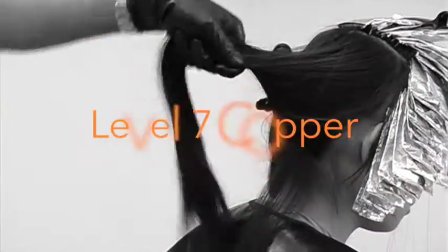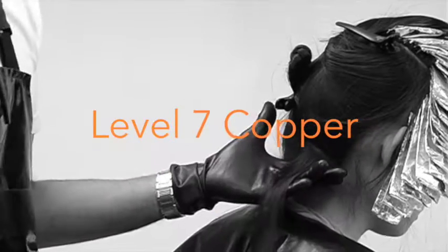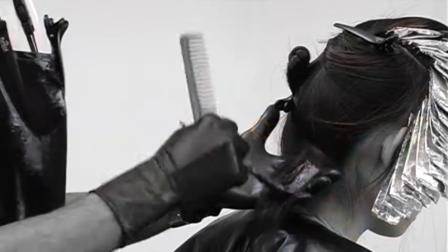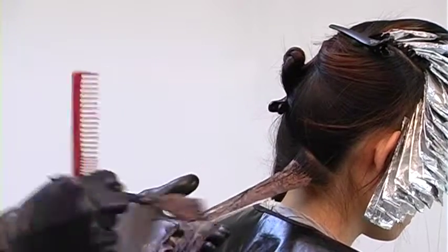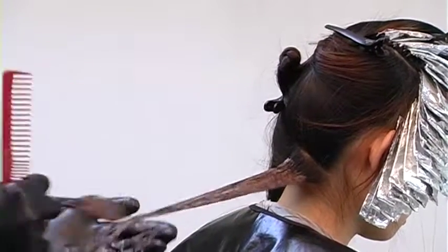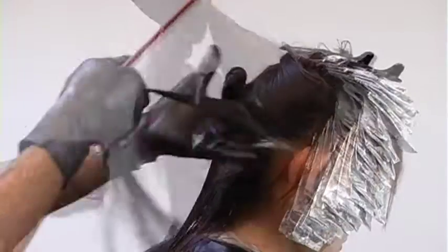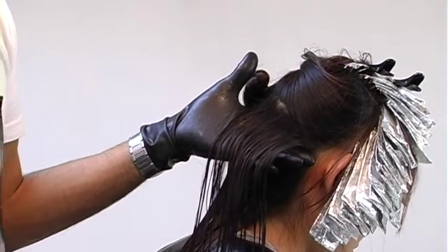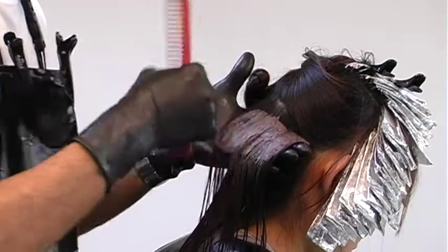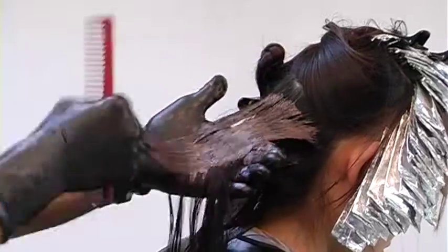For the remaining hair in the back, I'm coloring everything with a level 7 copper. So we're staying tone on tone. We're working with bleach, red alternated foils, and then we're using a copper through the back. So there's not that much contrast with the tones that we're working on today. And again, with this technique, I'm leaving the roots out. So I have my level 7 copper